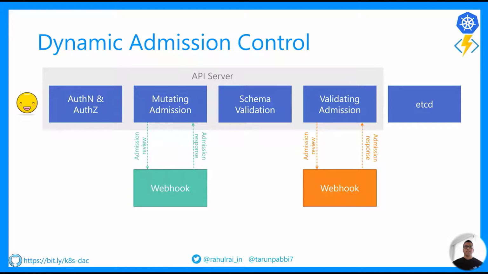Let's take a few minutes to understand how the requests that you make through the kubectl CLI travel through the Kubernetes API server. Every request to the Kubernetes is first authenticated and authorized. There are several types of authorization modules available in Kubernetes, such as the attribute-based access control that allows authorization rules to be configured via local files, and role-based access control, which allows authorization rules to be configured via the Kubernetes API, etc. An authorized request then moves on to a special class of admission controllers called the mutating admission controllers. A mutating admission controller can modify the object that they admit.